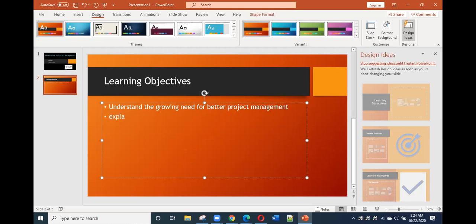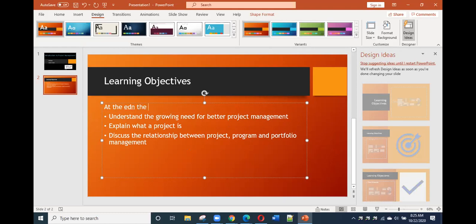Another is explain what a project is. Another learning objective, for example, discuss the relationship between project, program, and portfolio management, and so on. But of course, prior to this one,